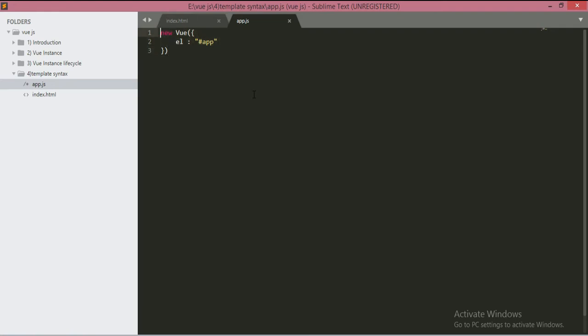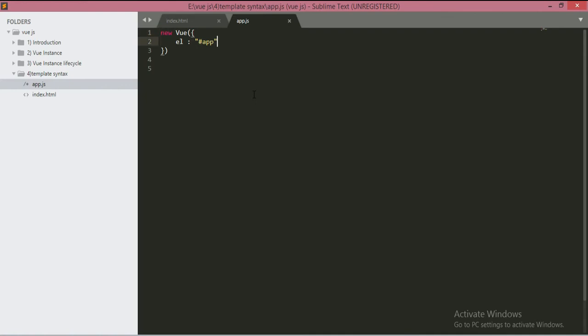Now here, don't get confused if I am directly creating an object instead of assigning this object to a variable like this. Till the previous section you might have seen me creating an object and assigning it to a variable, and basically by assigning this object to a variable you can access any property or methods in future, something like this. So vm dot name. Now it's completely fine if you don't want to assign this object to a variable. As long as you are creating an object with this syntax, it's completely fine.